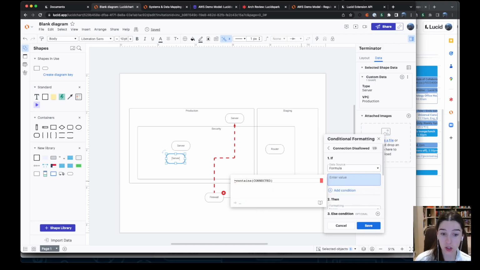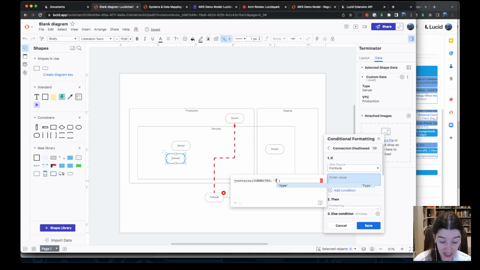Connected is a formula that Lucid pulls that will give you what these shapes are connected to. In the case of shapes, which could be connected to many things, it's going to be a big list of references to all shapes that have lines drawn. In the case of a line, which can only have two endpoints, you're really only ever going to have two things, endpoint 1, endpoint 2. So I'm just going to grab that list of connected. I might do this formula differently if I was trying to format the shape rather than the lines, but because I know there's just going to be two, I'm going to say if contains connected,